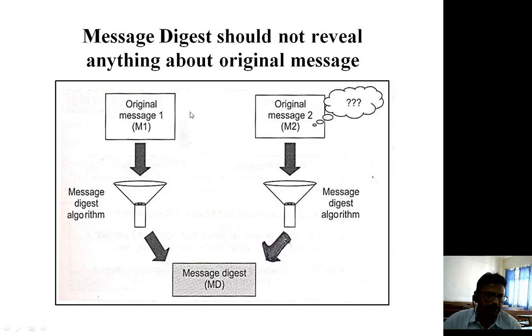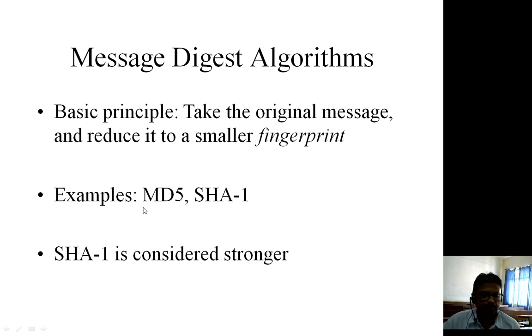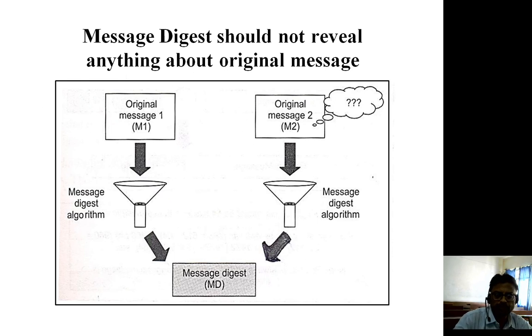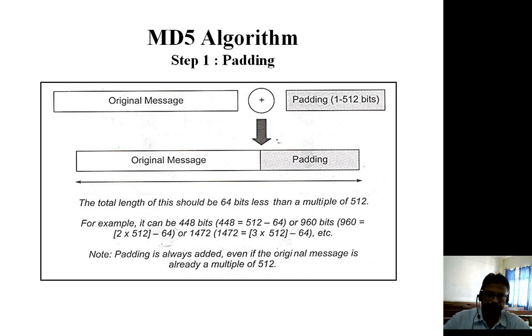As far as the message digest algorithms are concerned, MD was actually developed by Ron Rivest, and many versions have been developed. First we had MD, then it was revised and became MD2, then MD3, then MD4, and later on they finally came with MD5. So this is how the MD5 algorithm works. Let us discuss that. The first step in the MD5 algorithm is to add padding.